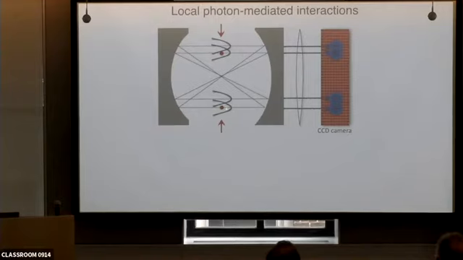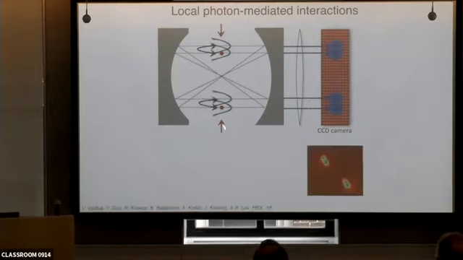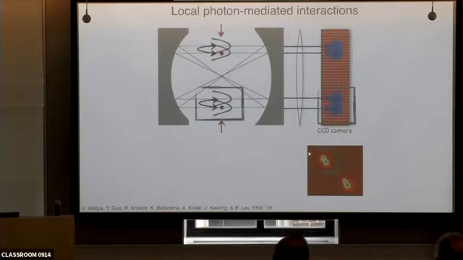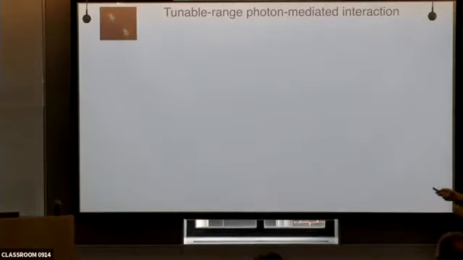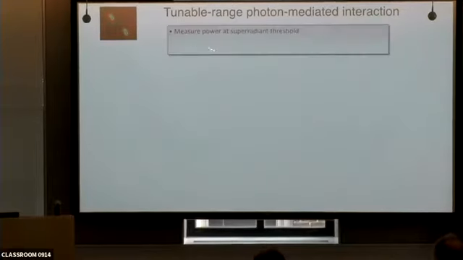But here, we actually can just exchange the photons directly and there's no actual hardcore collisions. So this is the experiment we're going to do, and just focus on this part of the images. We're going to measure the interaction energy as a function of the separation between a virtual image of other atoms and the real image of the original atoms.